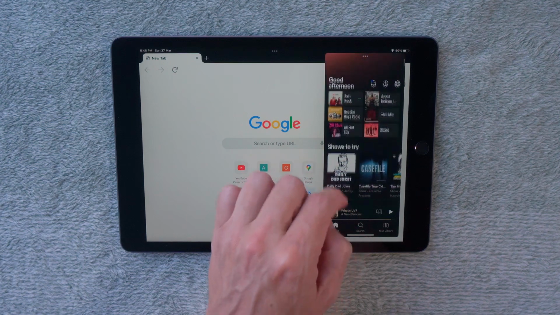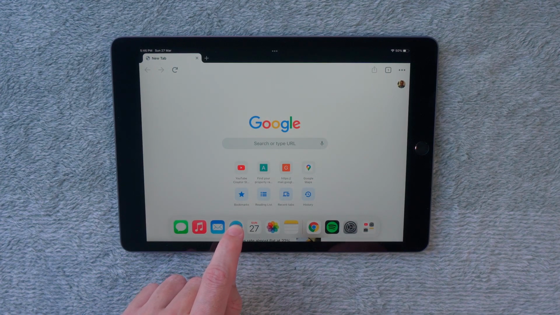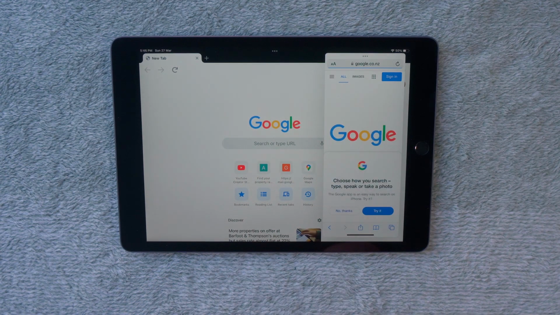You can also have that on the left hand side of the screen if you'd rather. You can also stack these as well. So whilst I'm surfing the internet and I've got my Spotify playlist, if I want to send a message to someone or check my email, I can stack that as well. So again, swipe up from the bottom just a little bit to bring up the dock bar, go to whichever app you want, say Messenger or anything else like that, and then hold your finger down on it and then swipe over to the right hand side, let go, and it's now stacked on top of the Spotify app.